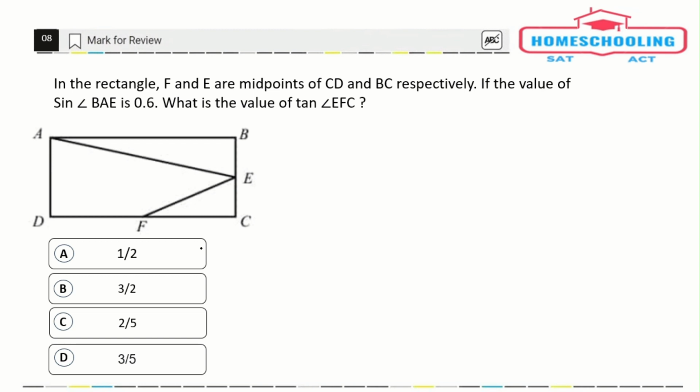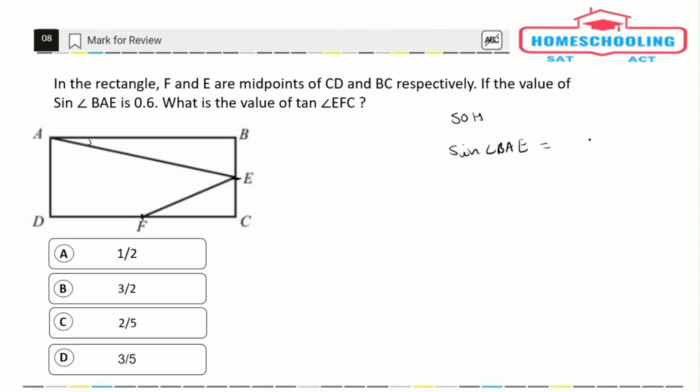The next question: in the rectangle, F and E are midpoints. F is the midpoint of CD, and E is the midpoint of BC respectively. So these two points are midpoints. If the value of sine angle BAE is... so sine angle BAE, SOHCAHTOA, that would be